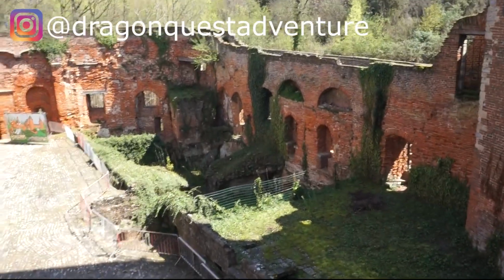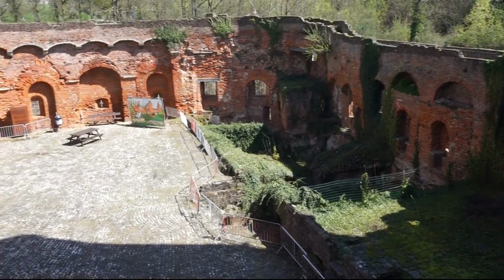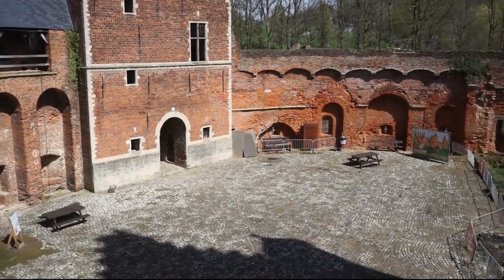So we're not inclined to think that there were any dragons here, because it's also in the middle of the city and it's not really high in elevation. So we really don't think there were any dragons here, but we think that there may have been a dragon owner. What's that? Look at that pit. It's like a basement, I think. I mean, it's possible. I mean, frankly, anything's possible, but...